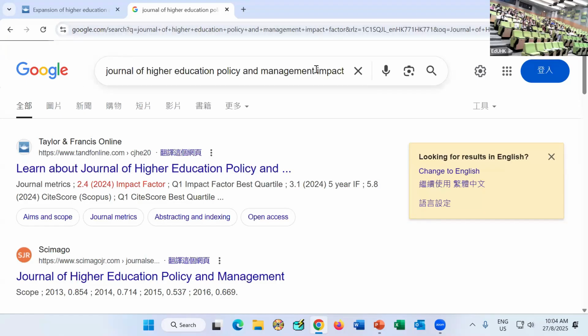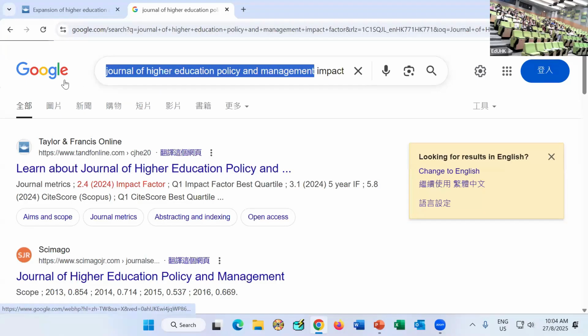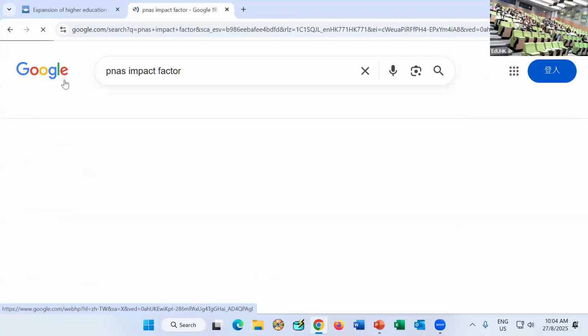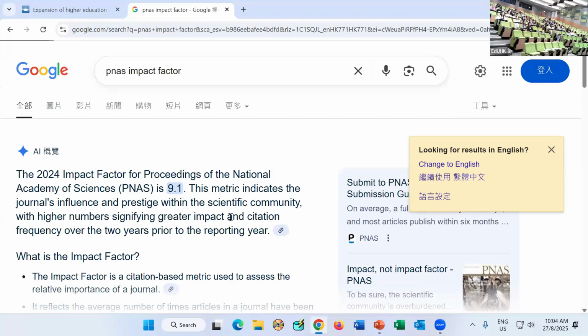And then I can also give you more examples. You can also try to look for articles that you are looking at, or in the past. I have published articles in this one, PNAS. I work on brain science, right? So there's an article that I've published in it, and it's 9.1, it's a pretty good one. And then let me show you some top journals.